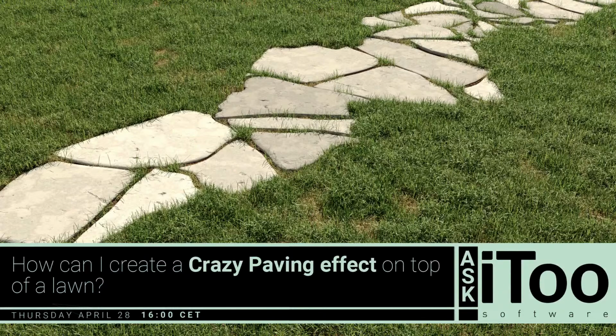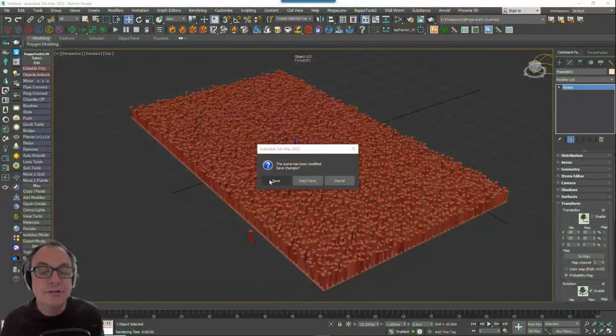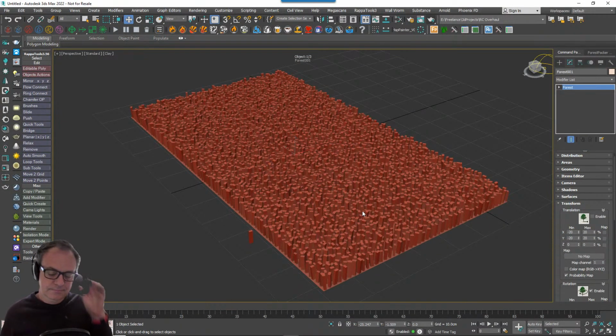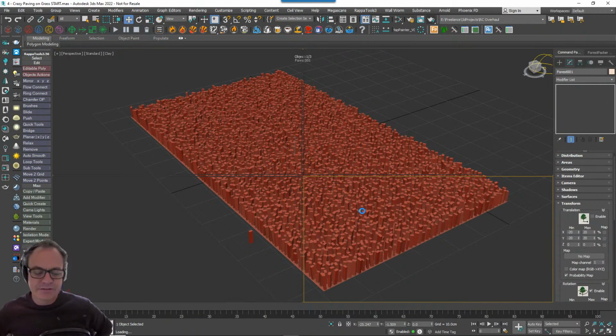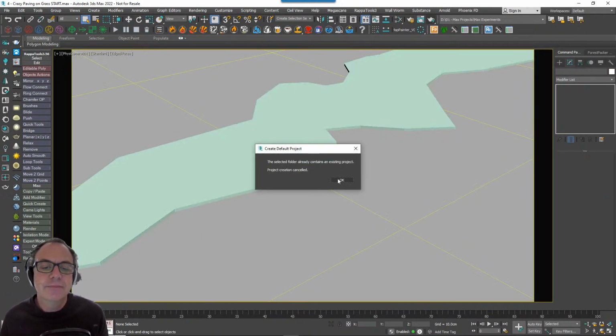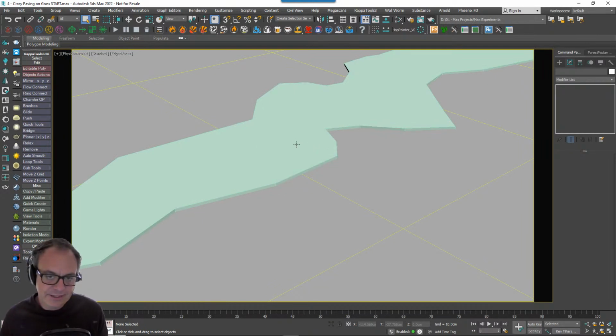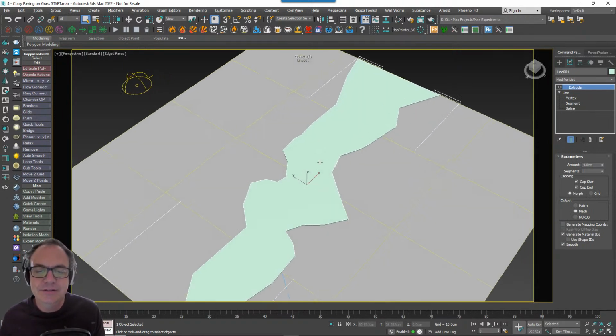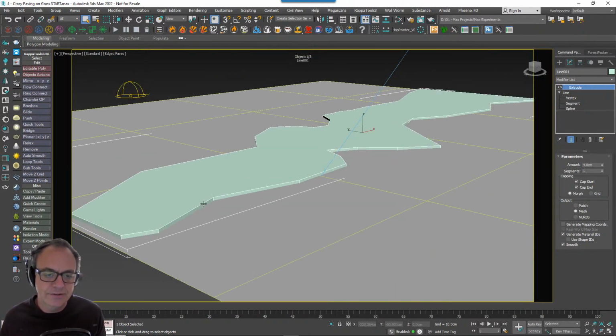So let me find my start file, switch over to screen capture, don't save. So I'm just loading up a file here. Okay, so what I've got here is a shape for my paving that I want, just a spline that's been extruded,